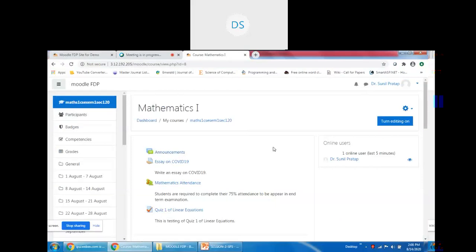I think my screen is visible. You can see this announcements. The first activity in my Mathematics 1 homepage course is announcements. So this is also a forum, in addition to the 5 different types of forum. When this course was created by the administrator, the administrator set the property that every student will be subscribed to this announcements forum.